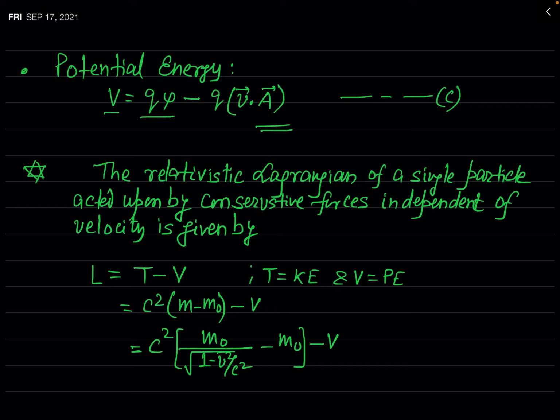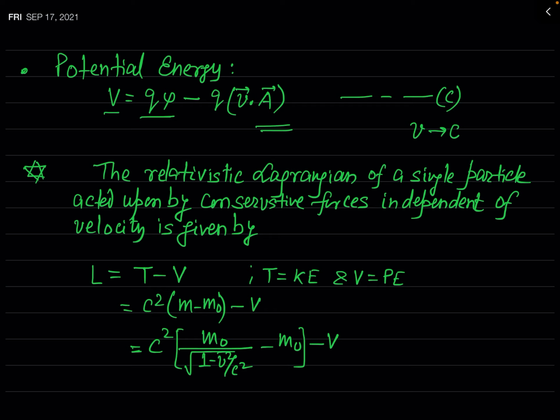Now, as I have told you earlier, in the present lecture our aim is to find the relativistic Lagrangian and Hamiltonian. It means now we will consider a charged particle of charge q moving in an electromagnetic field, but its motion is relativistic, not non-relativistic. When you say the motion is relativistic, it means the velocity of the particle is not much smaller than c, but comparable to c, or you can say v is tending towards c.